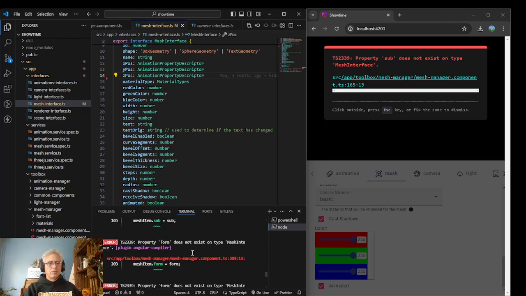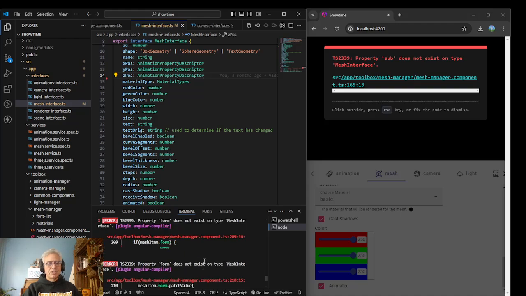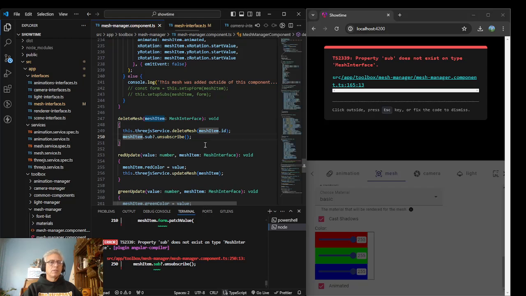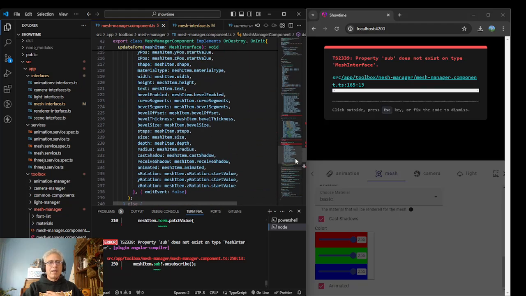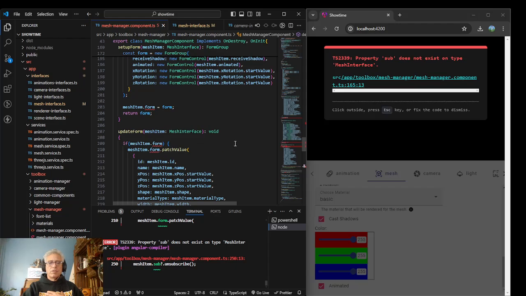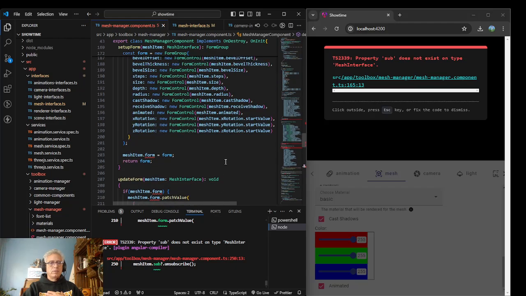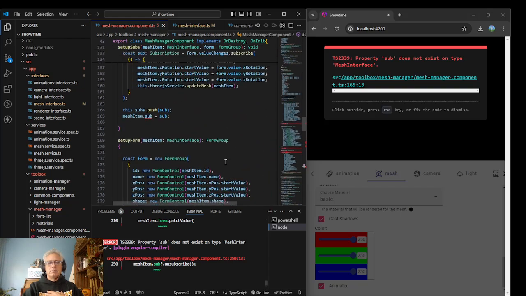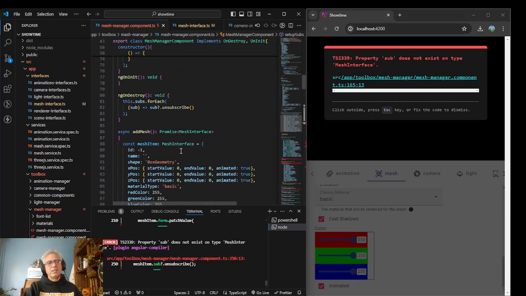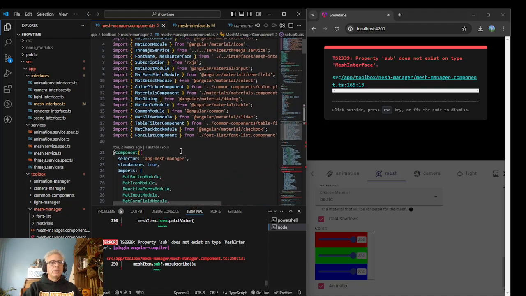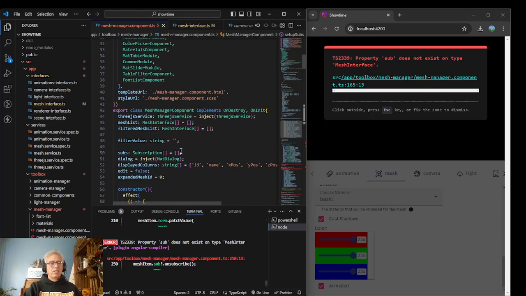So what I'll do is hold the control button down, and click on this last one. It's like, hey, this isn't the deleted mesh. We would unsubscribe to the subscription, but there is no item. So it looks like we have 3 issues, maybe 4 issues. So it seems like what I need to do is create a new dictionary